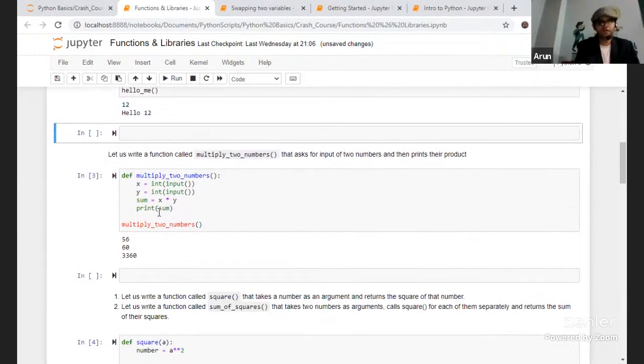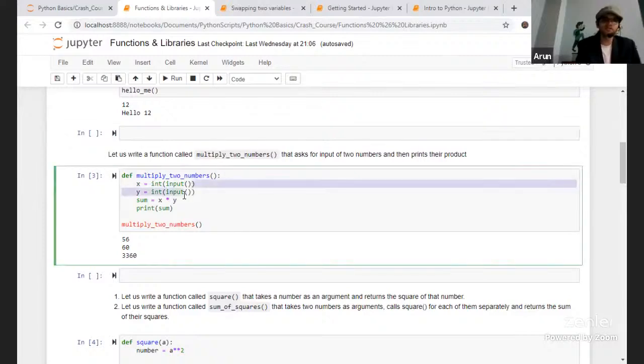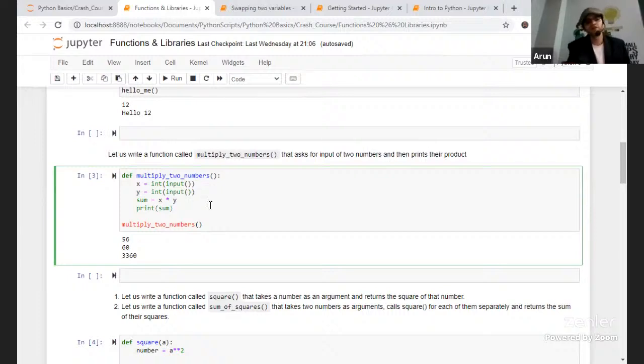Let us write a function called multiply_two_numbers that asks for input of two numbers and then prints their product. For x we'll get a value, for y also we'll get a value, and then we'll multiply them.